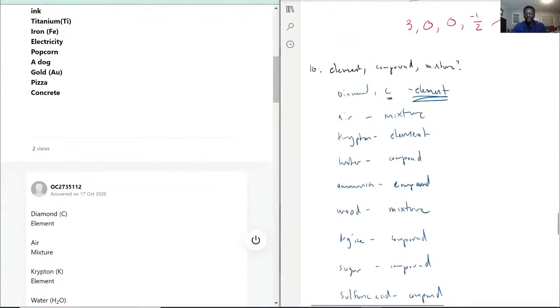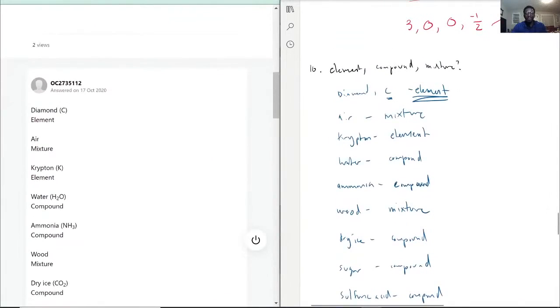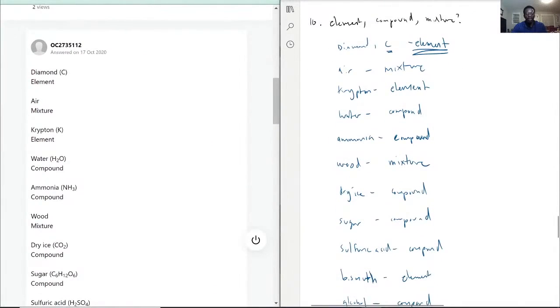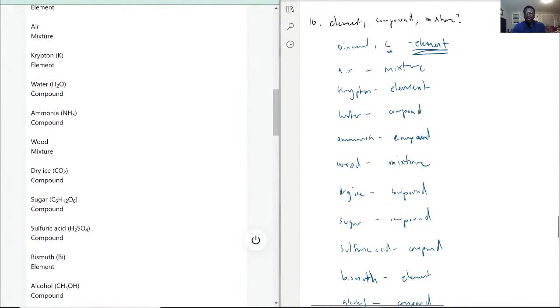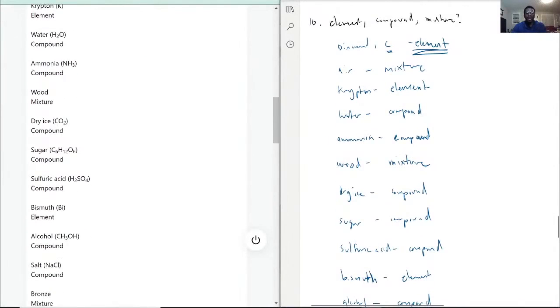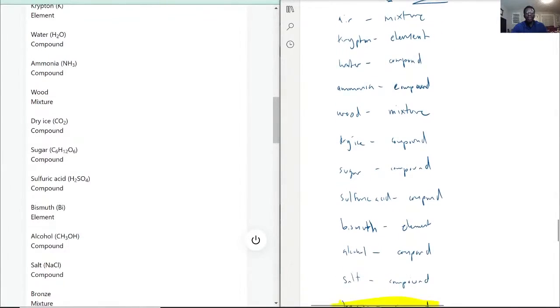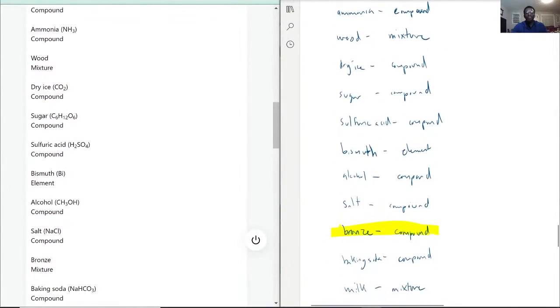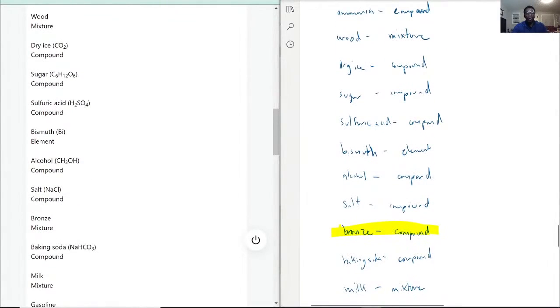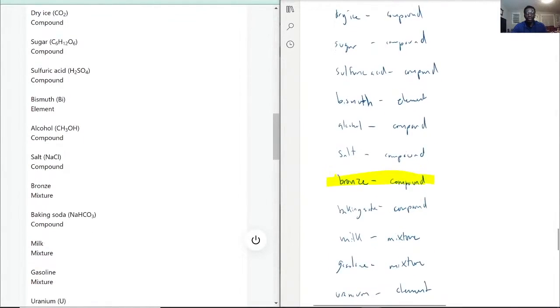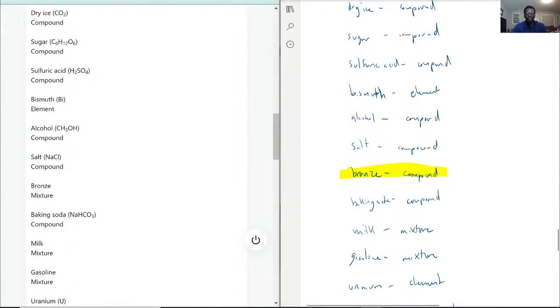Alright, so let's go back to the top. Diamond, element, perfect. Air, mixture. Krypton, element. Water, compound. Ammonia, compound. Wood, mixture. Nice. Dry ice, compound. Sugar, compound. Sulfuric acid, compound. Bismuth, element. Alcohol, compound. Salt, compound. Bronze, mixture. Oh, that's unfortunate. So we are on a roll, but I guess that makes sense because, well, what is bronze